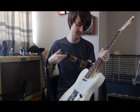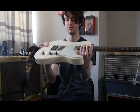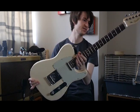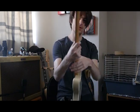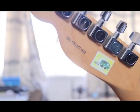This is my favourite guitar ever on the planet. Obviously it's a Fender Telecaster. Nice headstock that's matching the colour of the body, which is kind of like a unique thing about this guitar. Really important that if you want your Telecaster to sound good, you have a Scooby-Doo sticker on the back. Can you see that on the camera? There you go, close up. Scooby-Doo sticker. Really important. In fact, I'd go as far as to say vital for